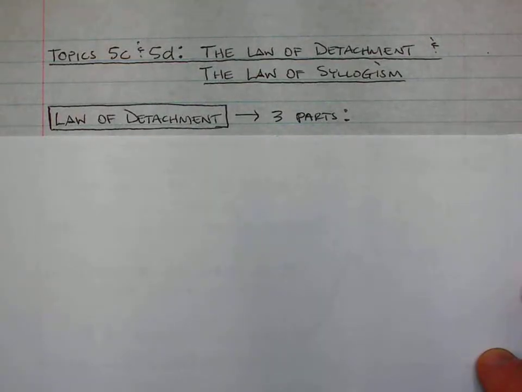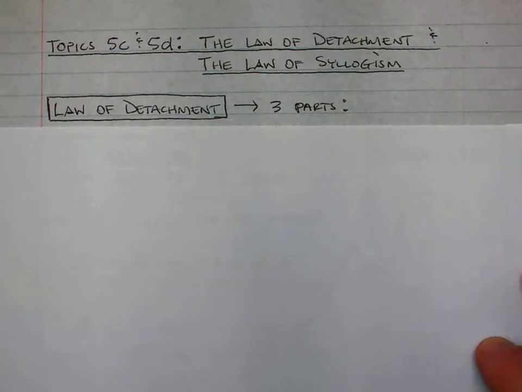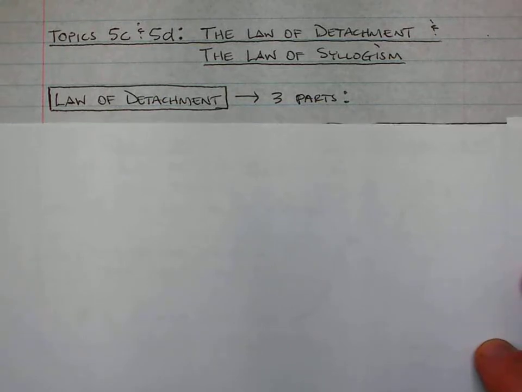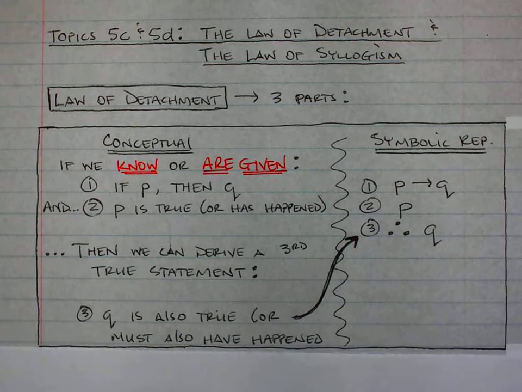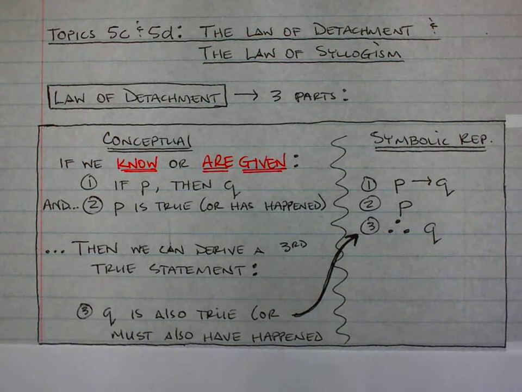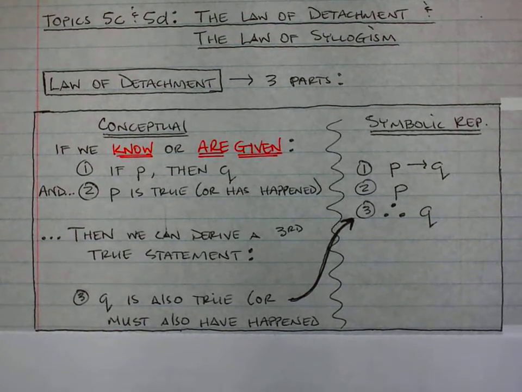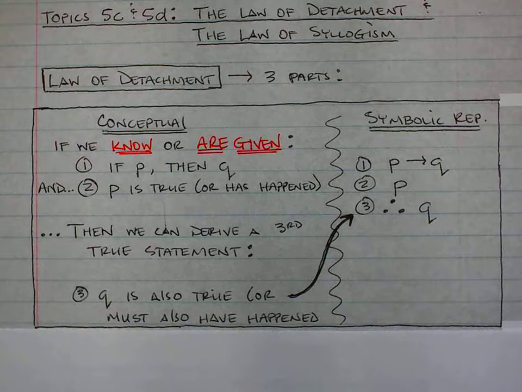In this lesson, we're discussing the laws of detachment and syllogism. The law of detachment consists of three parts, and in this document, we're going to talk about both the conceptual and the symbolic representations of the law